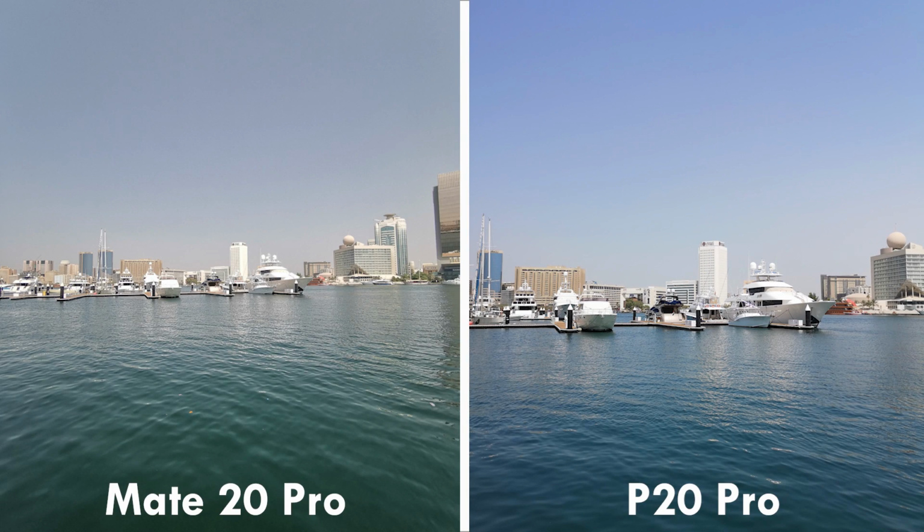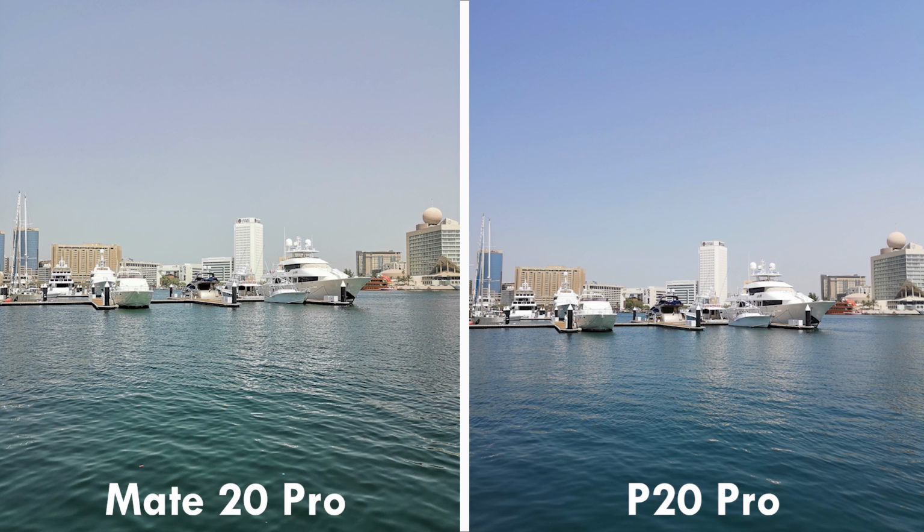On the Mate 20 Pro, you also now get a wide-angle lens which offers 0.6x zoom. Here's a picture sample of a scenic shot from it where we see it capture more detail, but there's a slightly fisheye lens-like view. Switching to the default views now, it seems like the Mate 20 Pro is able to